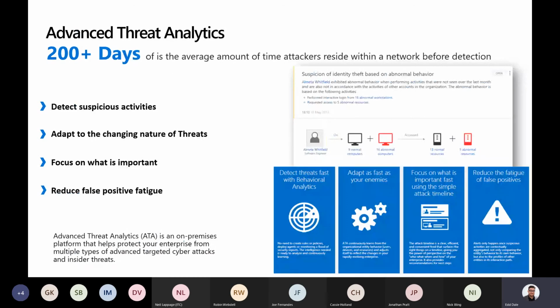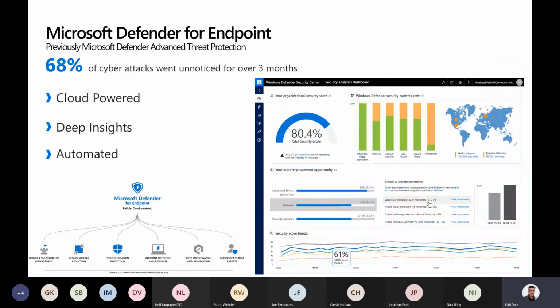We already spoke about advanced threat analytics, so I'm just going to skip over this one, but I do want to mention Microsoft Defender for Endpoint. Now, Defender for Endpoint isn't a single product. Much like enterprise mobility and security, it is just a name for a whole subset of tools around things like threat and vulnerability management, reducing your attack surface, next-gen protection, endpoint detection and response, auto investigation and auto remediation, and